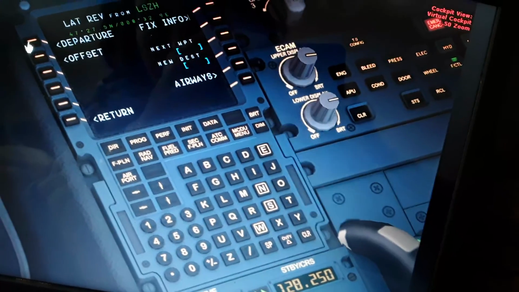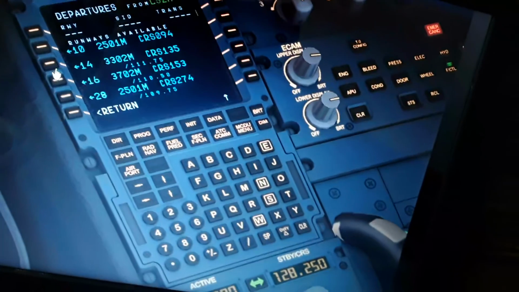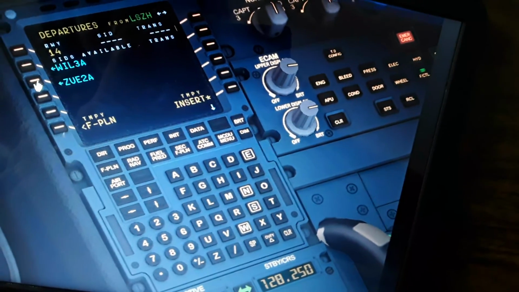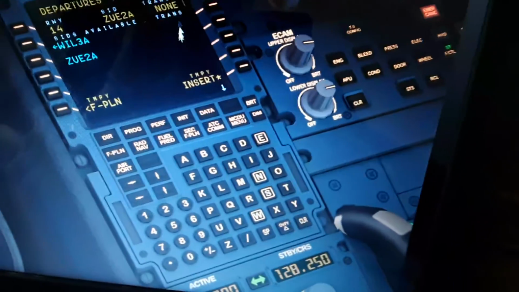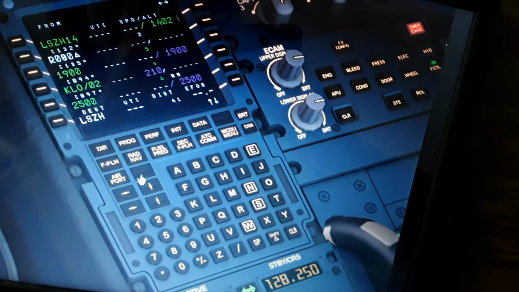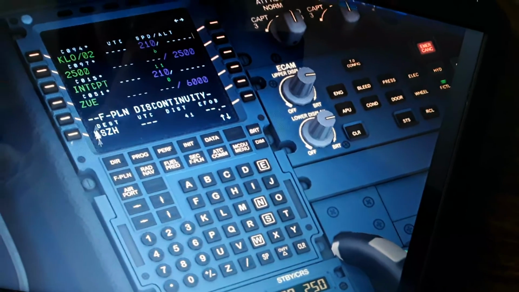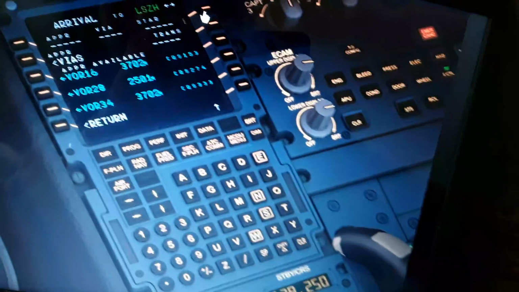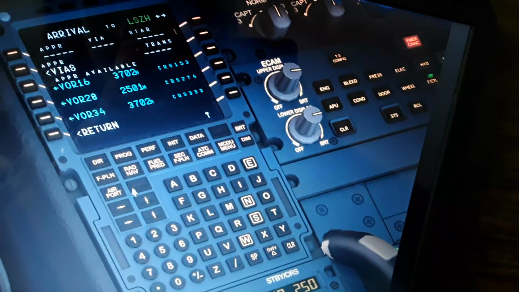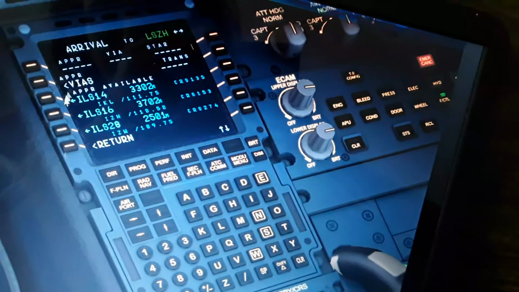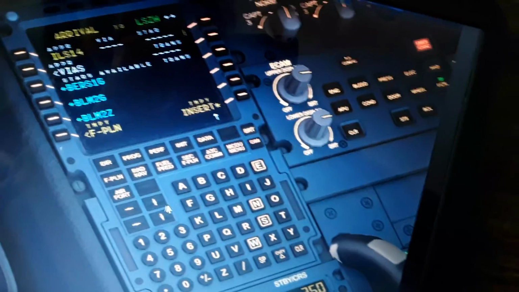So let's see, departure runway 14. This is the CDU display I was explaining before. I'm going to initiate a flight plan here. Departure, insert, arrival, intercept, flight plan, continuity, arrival here, arriving airport. It's going to be the same via ILS14. This is the runway, and this is